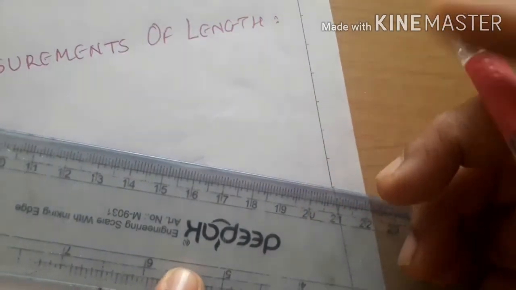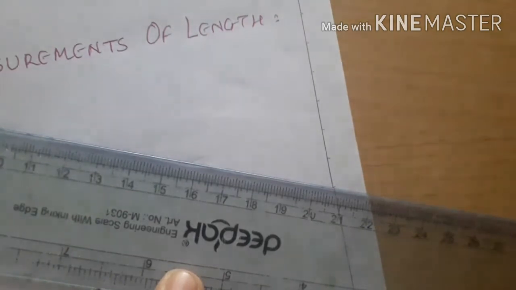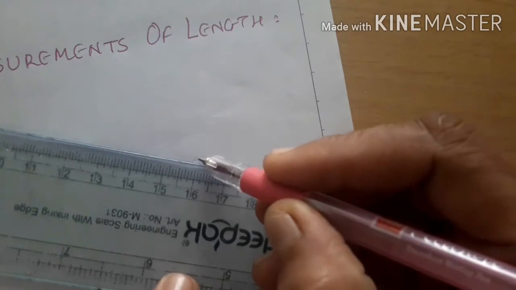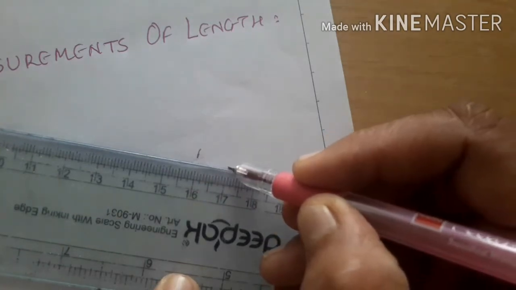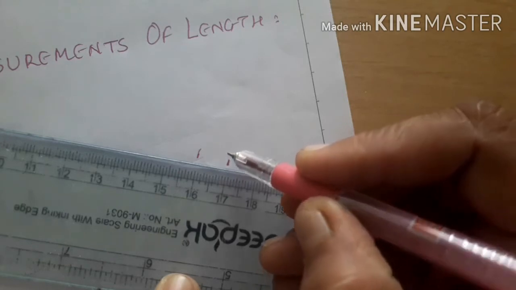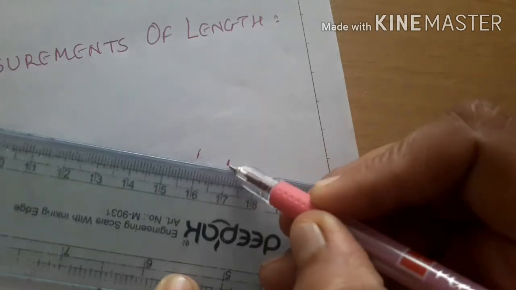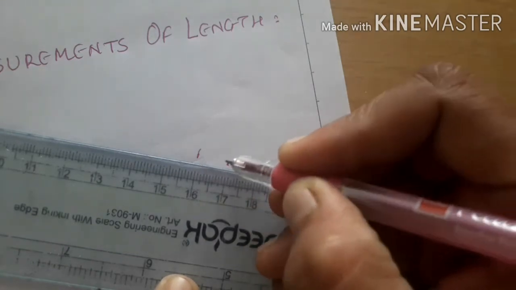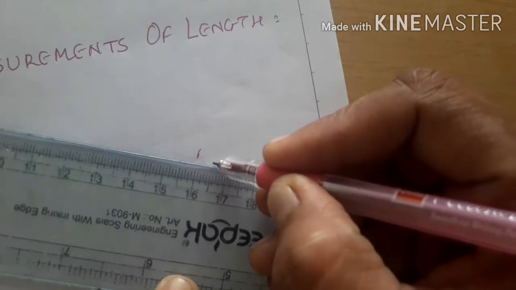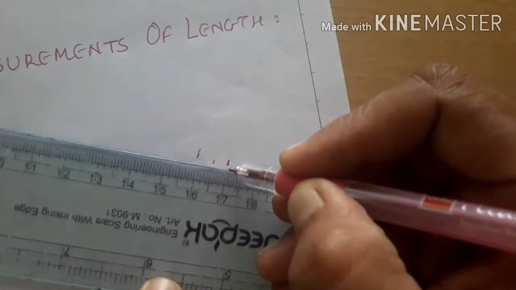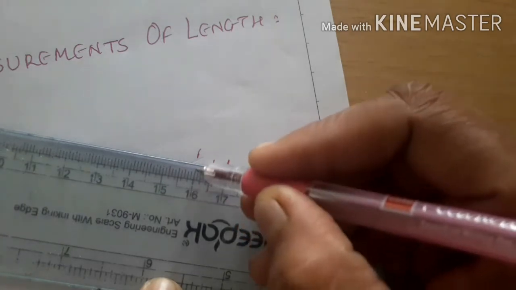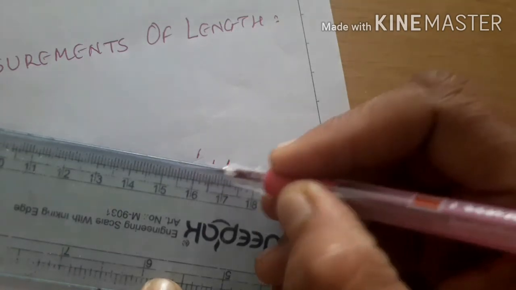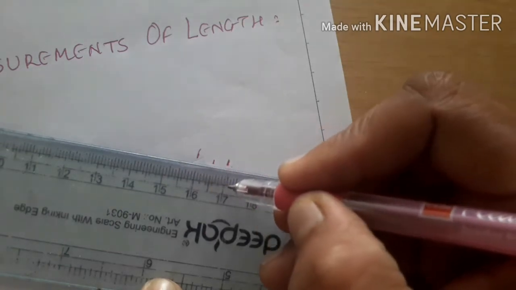Have you ever seen your scale? The ruler which you use often. Here you may see that this much distance, how much is it? That is your 1 centimeter, right? In 1 centimeter gap, can you see small 10 sections are given? Yes or no? And here the middle line is a little bit longer than the other ones. Okay, these two are the longer ones, and then this one is a little shorter than these two, and in between small sections are there.